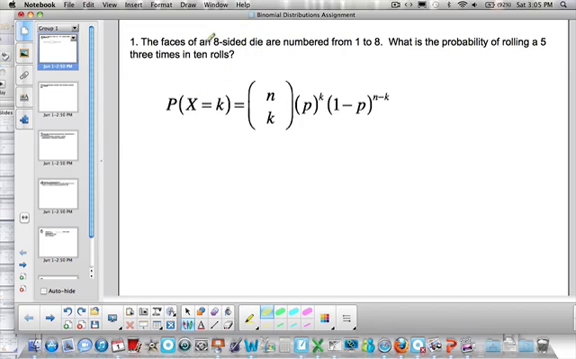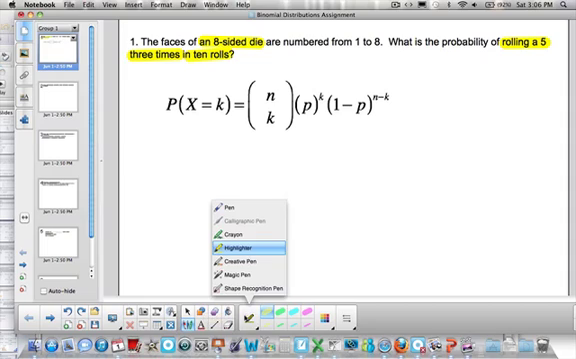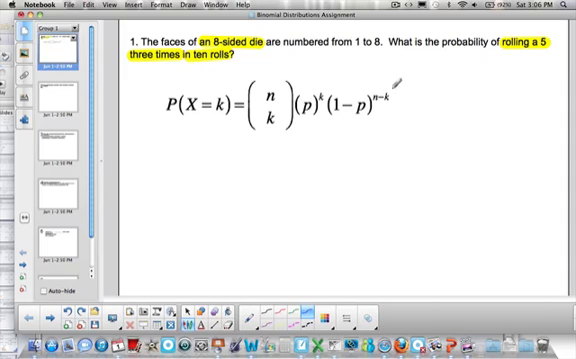Right, so we're given some information in our question. First of all, we're told that we have an 8-sided die, and we want to know the probability of rolling a 5, 3 times. So we're going to do the experiment wanting 3 successes, and we're going to do the experiment 10 times. So for this type of question, we're going to identify using our binomial probability what these various variables